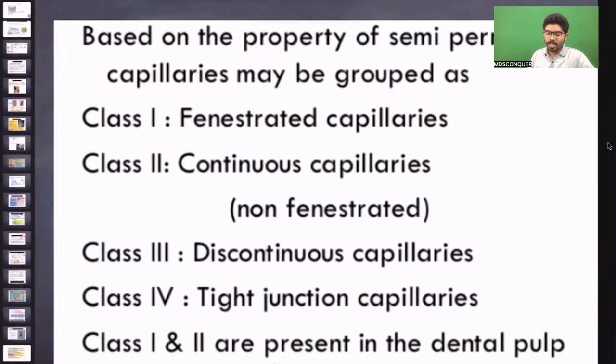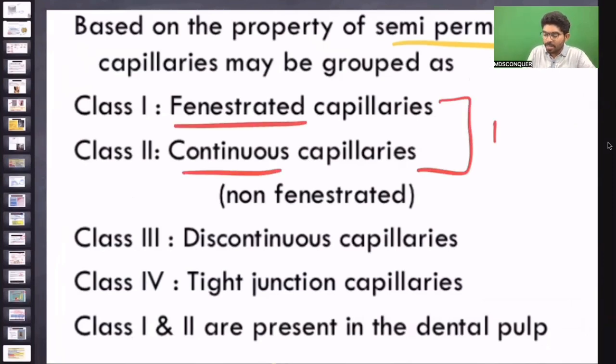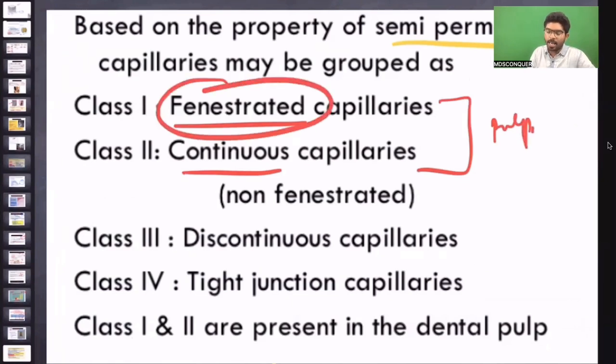Then comes a physiology concept based upon the semi-permeability. Capillaries which are present in the blood are basically divided into fenestration capillaries, continuous capillaries. These are the two types of capillaries which are present in the pulp. We want fenestration capillaries because fenestration capillaries help in transformation of metabolites in the pulp. Very important, fenestration capillaries. The third type of capillaries, which are not present in the pulp but are a physiology concept, they